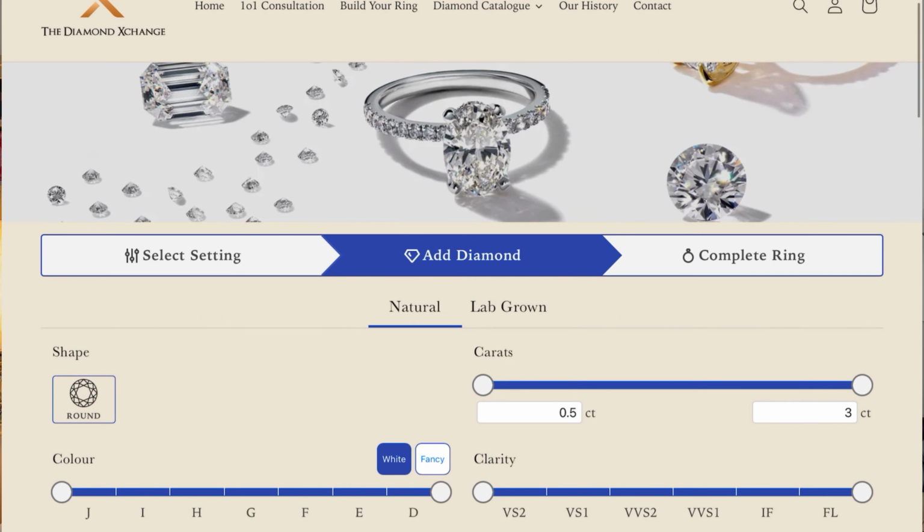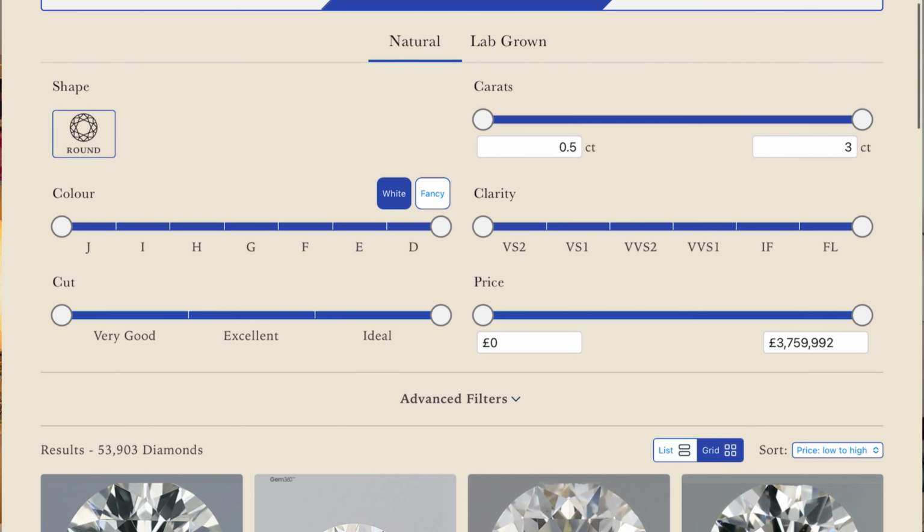So now we're on stage 2. It's time to do the most exciting bit, and that is to choose the perfect diamond for your ring setting. So if we scroll down, we can see the first option we have is whether you want a natural stone or a lab-grown diamond. In terms of the difference, they're both made from pure carbon, they're both technically diamonds, but